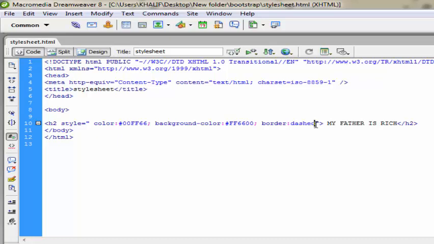Now the embedded styling is a type of styling where you can style so many elements at a go. If you have let's say 10-20 paragraph tags in your HTML document, you have header tags everywhere, you have tables everywhere. You can style every table, every header, every paragraph all at once. That's the good thing about embedded styling.